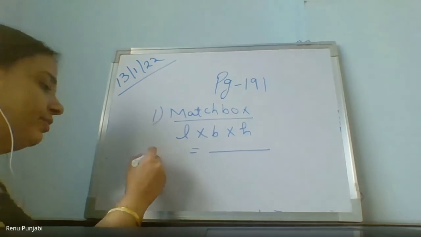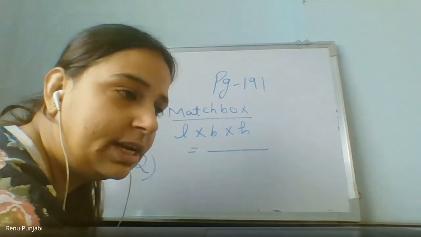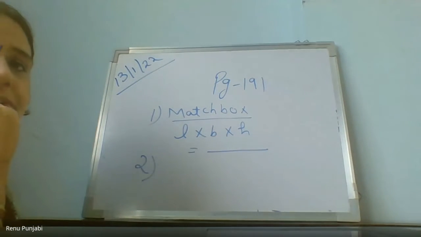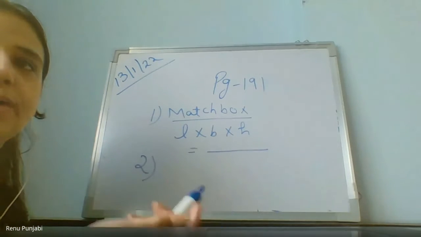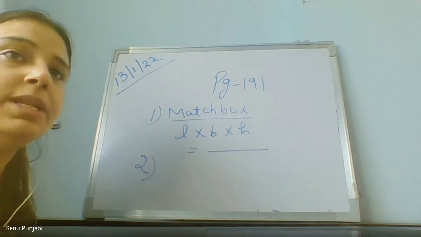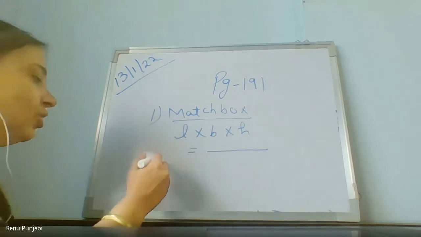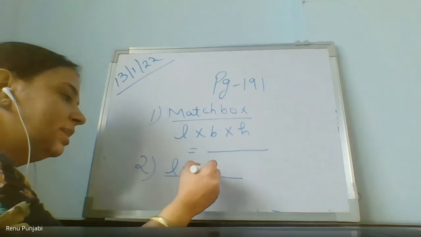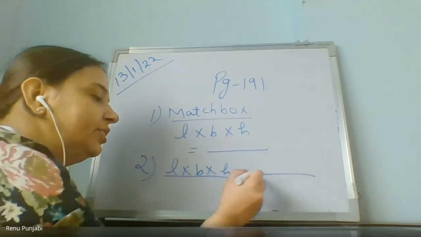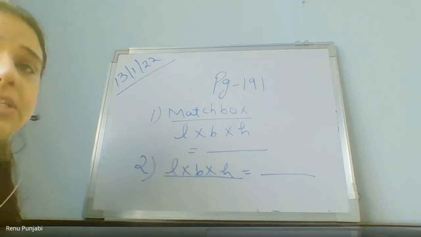If you have a geometry box which is in the rectangular shape or in the form of a cuboid or a cube, whichever it is, normally in the cuboidal shape, find the length, breadth and height, multiply them and find the volume and write it in your textbook and tell me what approximate answer is coming.